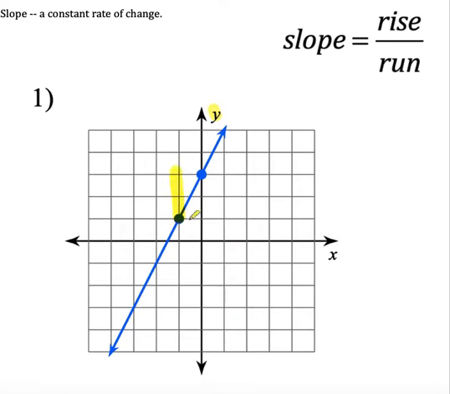So we're going up. So notice here, if I take a look at this line, it's going to go up this far, and then it's going to go over from this place to the other dot. So the way to go over is to run, right? We're going to run over. We're going to rise with the y's and run with the x's. Okay. So for any 2 points on a line, I can draw this sort of slope triangle,